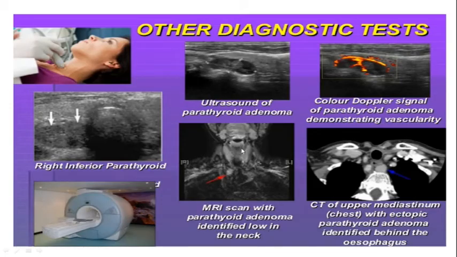And on a sonographic feature you can see a parathyroid adenoma looking like this, and MRI scan very explicitly makes out the adenomas. And this is the CT scan of the upper mediastinum.